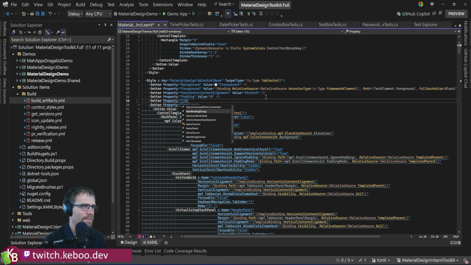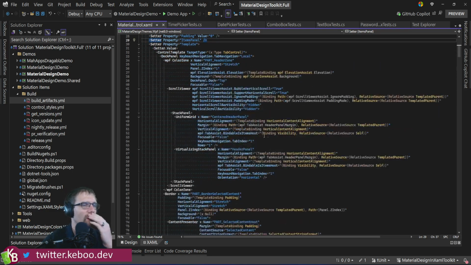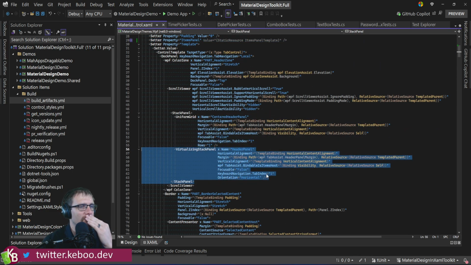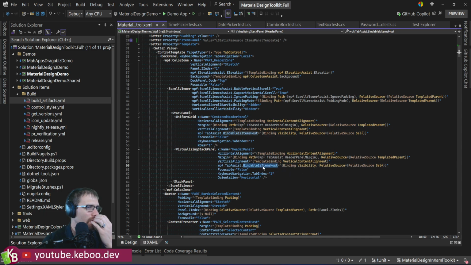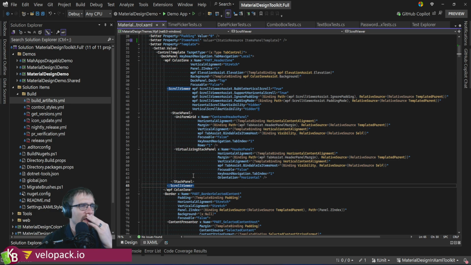I thought items panel was the solution here, and maybe the issue is that items panel isn't working because of the way this is set up. This virtualizing stack panel inside of a scroll viewer, I think, is functionally why you're getting the behavior that you are, right? There's a stack panel,